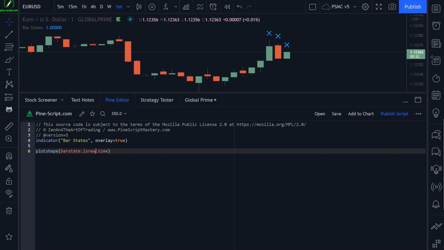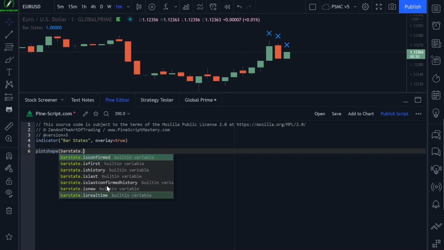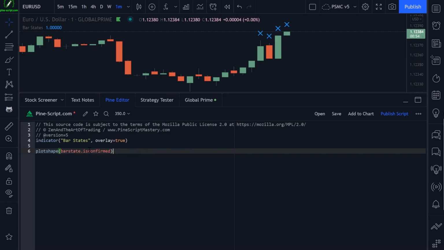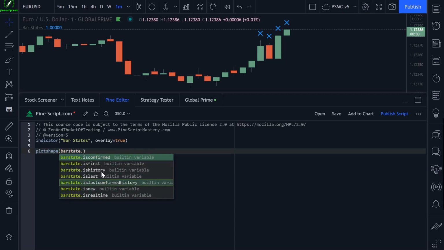But anyway, those are the bar states we have to work with. Now the bar state I use the most in my script is bar state.isConfirmed, but we'll explore these other ones if we come across any reasons to use them in our scripts. It's not often you'll need to, but we'll see what we cover as we start building out proper indicators and